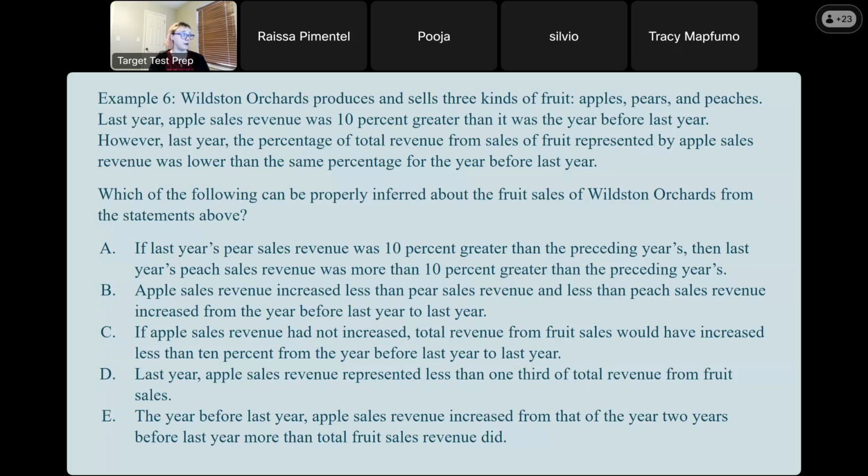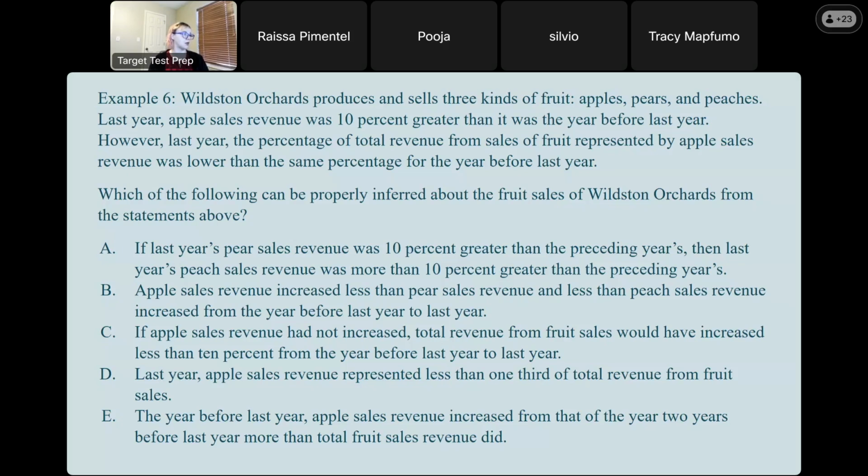If last year's pear sales revenue was 10%, then in order for that to be true, the peach sales revenue would have to be greater than 10%, so that they are averaging more than 10% of an increase if both of these facts about the apples are true. So I like A. B, apple sales revenue increased less than pear sales revenue and less than peach sales revenue